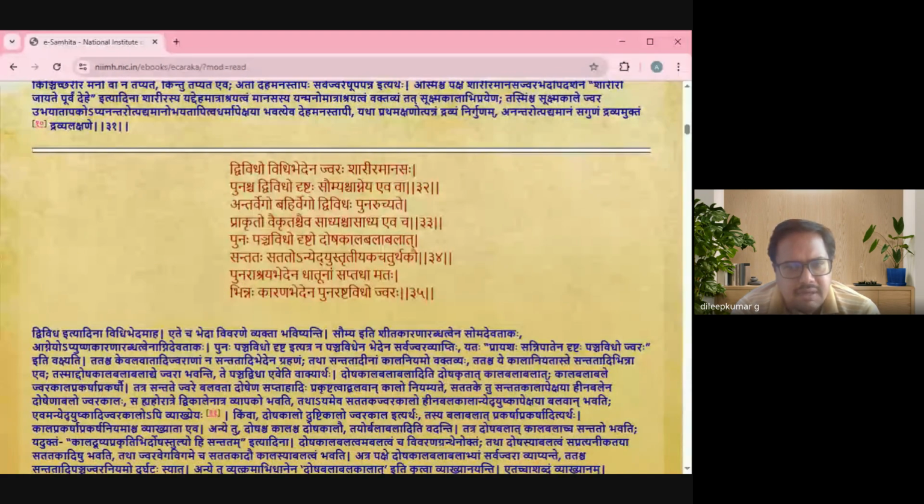Next, different classification of Jwara. Sharirika Jwara, Manasika Jwara, Saumya Jwara, Agneya Jwara, Antarvega Jwara, Bahirvega Jwara,